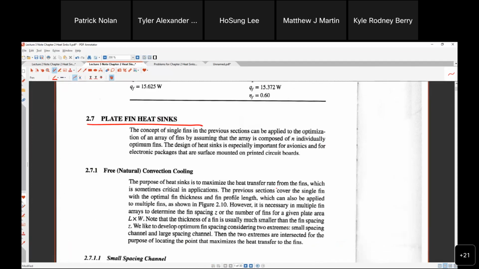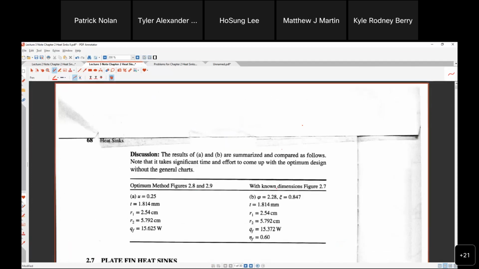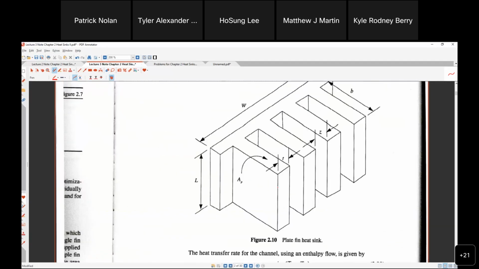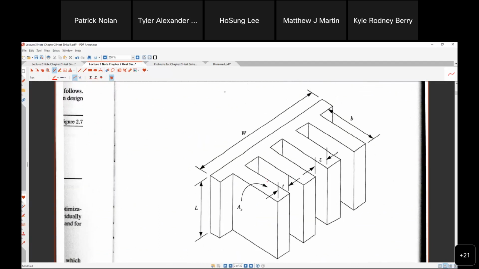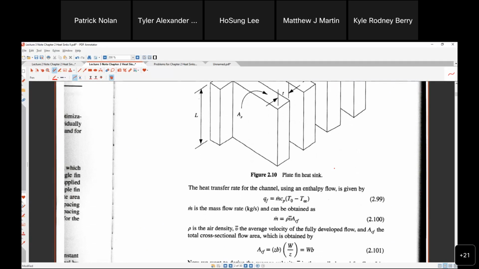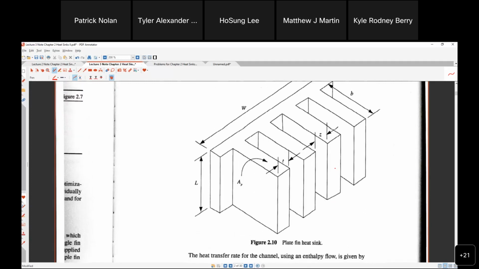Look at that, something like that. 68, 69, yes. Multiple fins. I think we have the idea of a single fin, but now we have multiple fins, so we extend and optimize it a little bit. So not difficult. But the problem here is